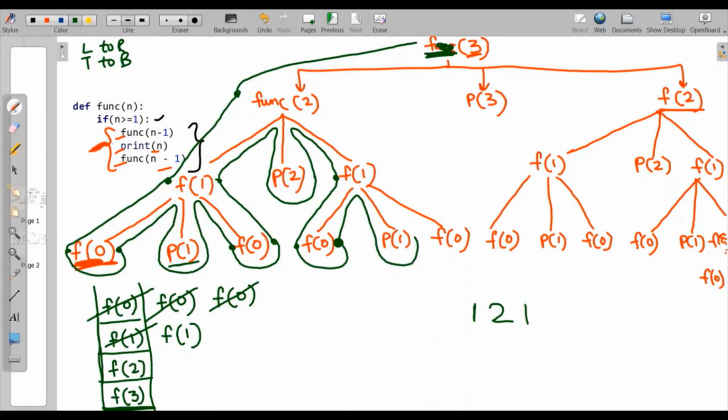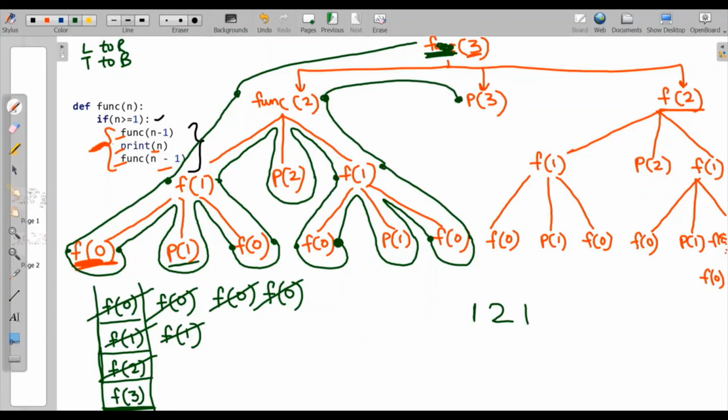Then here we will go and F0 for the first time we are traversing here. So here I'll write F0. Then again for the last time it will pull out from the stack. Then F1 for the last time it will pull out from the stack, and then func2 for the last time, so it will pull out from the stack. So here we have covered all the left part. Now we will work from left to right. So we will go to the middle part. It is asking to print 3. So we have printed 3 over here.